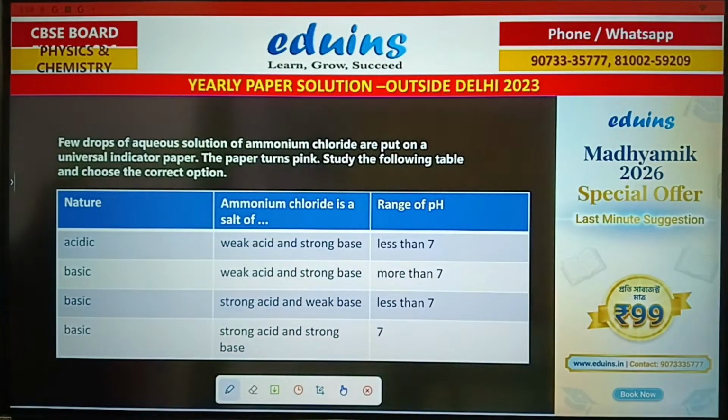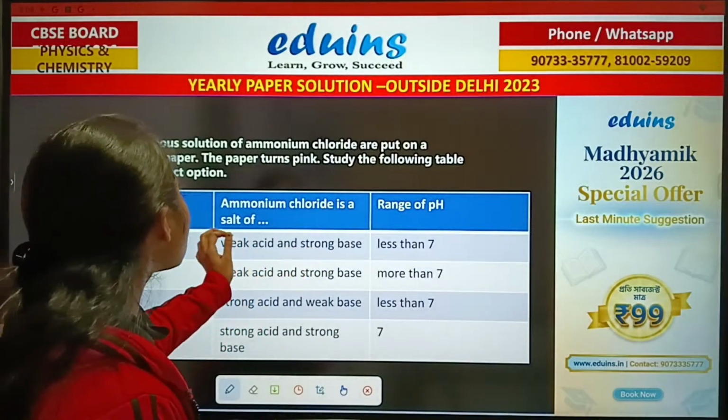A few drops of aqueous solution of ammonium chloride are put on a universal indicator paper. The paper turns pink. Study the following table and choose the correct option. So, what will be the nature? Acidic. A few drops of aqueous solution of ammonium chloride. So, the nature of the solution is acidic or basic. And then ammonium chloride is a salt of